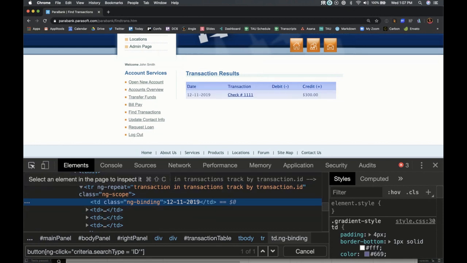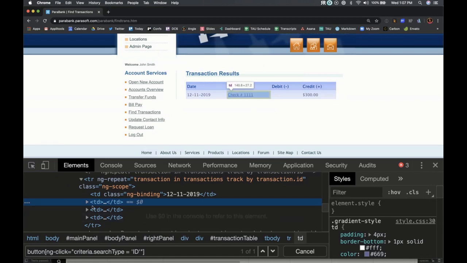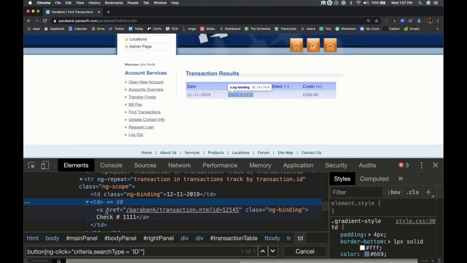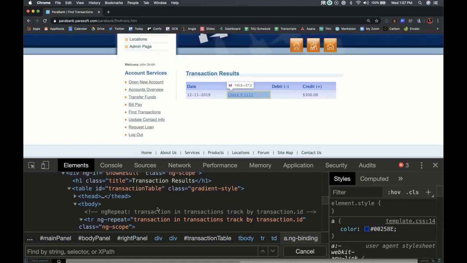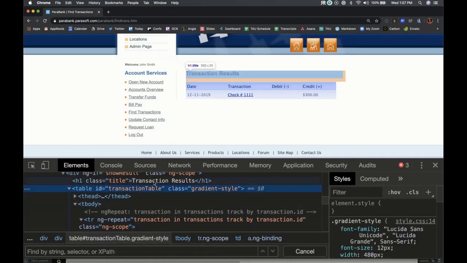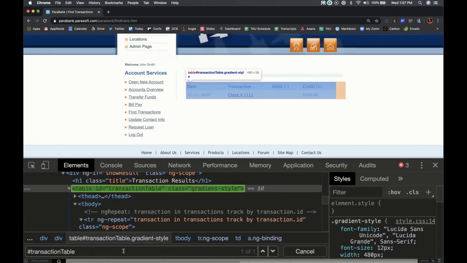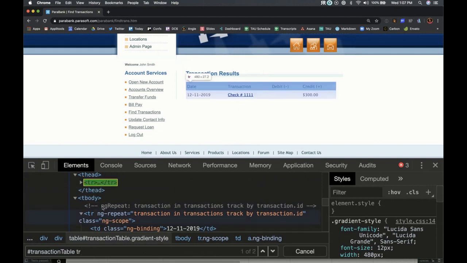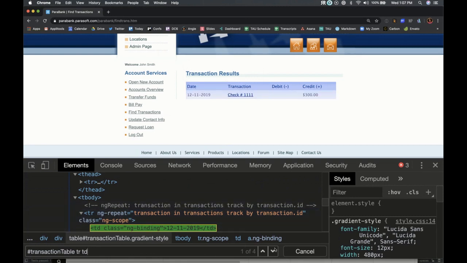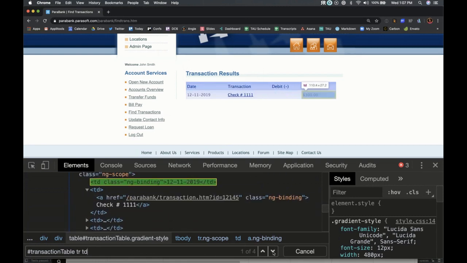None of these things have IDs because it's horrible. So I'm going to get all of these cells. Maybe I can do it with this table. Okay, the table has an ID. So what if I said, find me this table. I don't want the headers, but I want TR TB. That gives me 4. Boom, boom, boom, boom. Perfect.